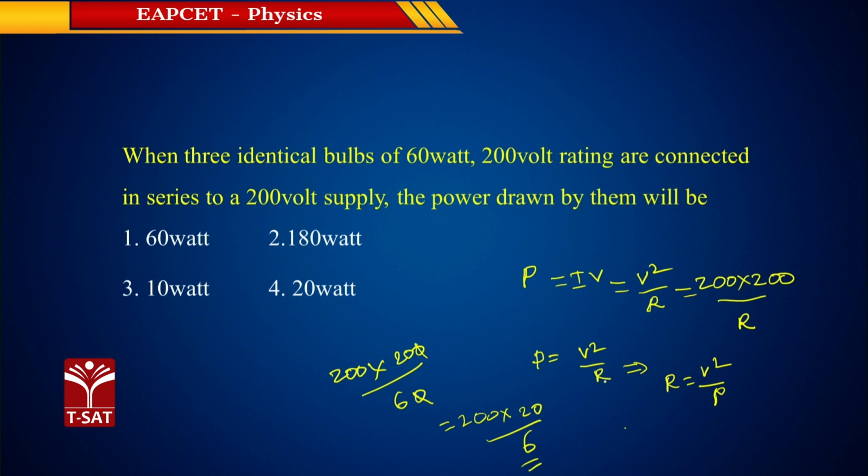Okay, therefore in this you substitute that R net resistance. What is the net resistance? That is the 3R. Okay, or 3 into 200 into 200 by 6. That is a resistance value here, 2000